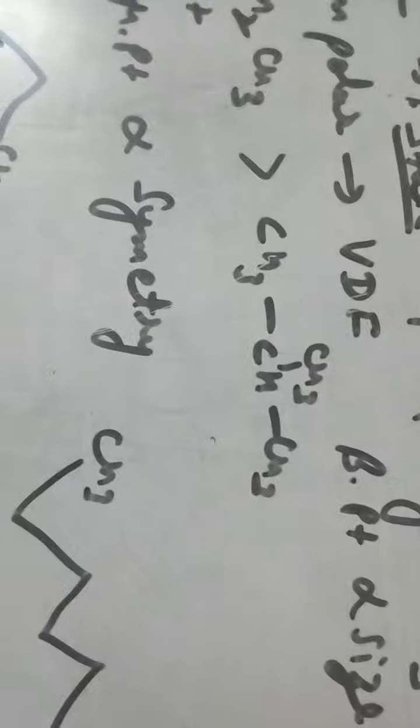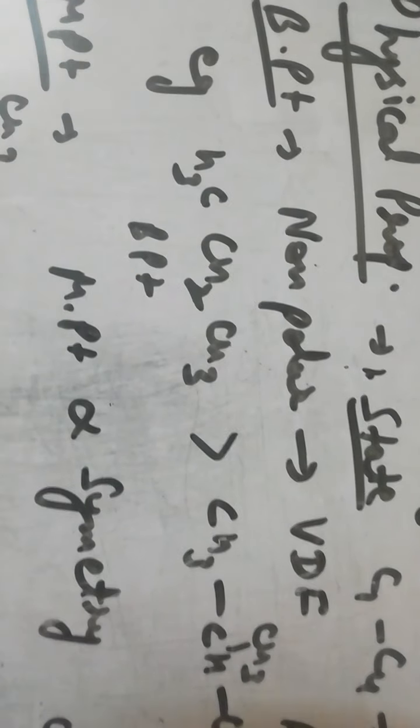Boiling point: as we know that alkanes are non-polar in nature, so they have van der Waals forces of attraction. So boiling point, as we know, is directly proportional to the size or surface area of the compound. For example, we have this normal butane and this isobutane. So which of the following two will have more boiling point? We can say that this is normal butane, a straight chain compound, and this is isobutane, a branched compound.